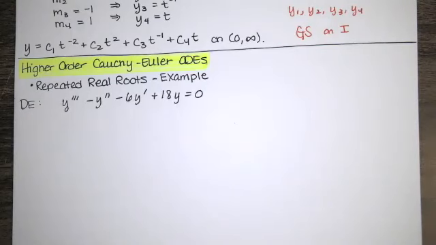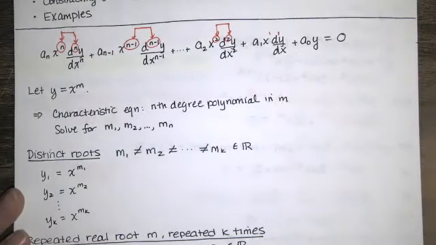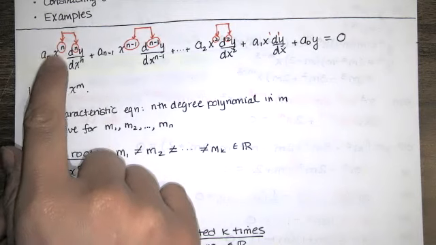In this video, we continue our study of higher order Cauchy Euler ordinary differential equations. This time we'll look at an example that has repeated real roots for that characteristic equation. So just as a refresher, a differential equation is Cauchy Euler if you have constants times x to some